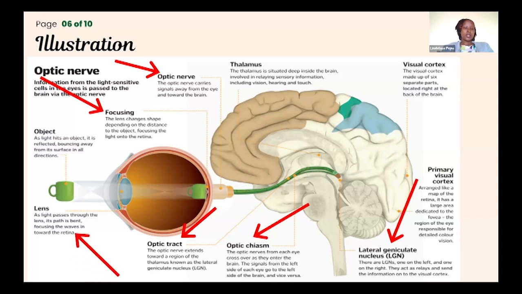And that is passed on through the lens of the eye, and then that's where we get to see the actual object. And that's what visual literacy is about, being able to explain what the image is about, and then being able to interpret and analyze it, which is the same as visual arts.